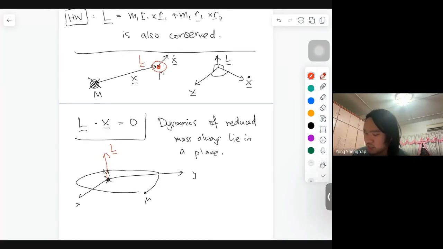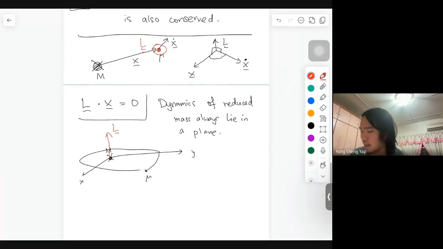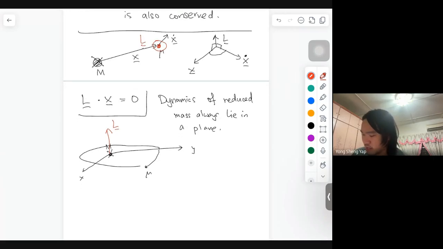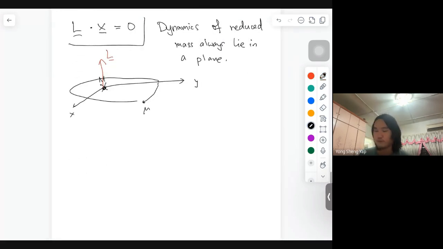This is nice because we can always deal with this in a 2D plane. We don't ever need the 3D description for the reduced mass and for any two-body system. So we can always stick ourselves to the xy plane